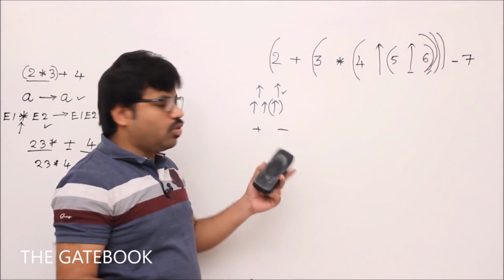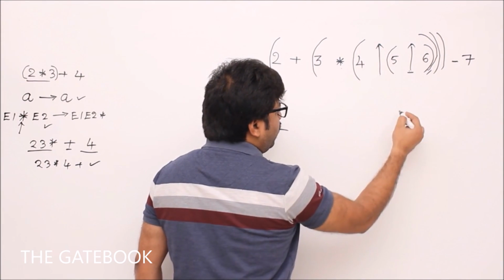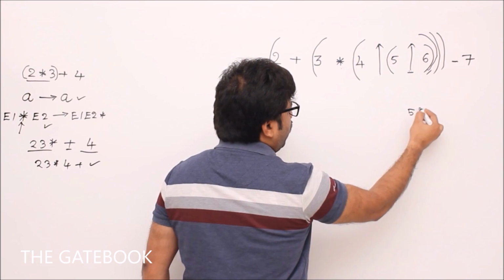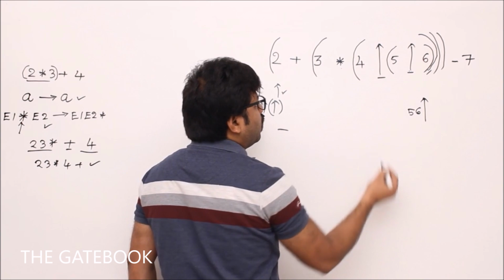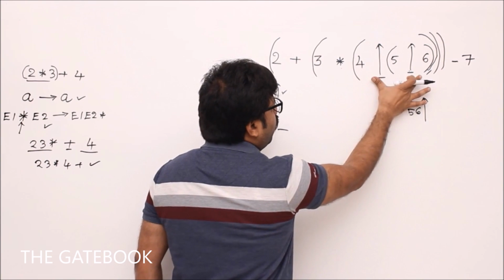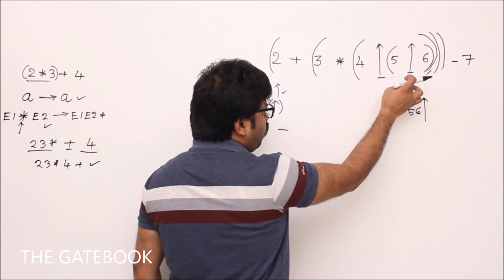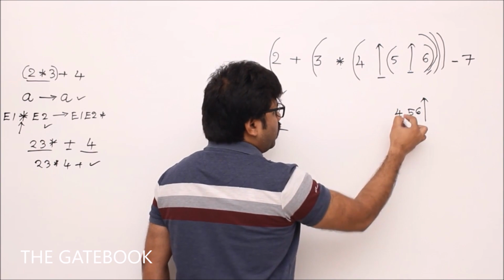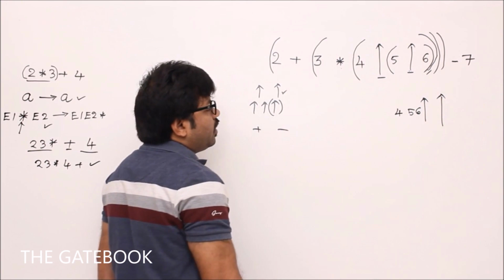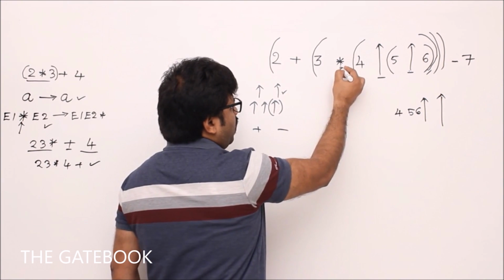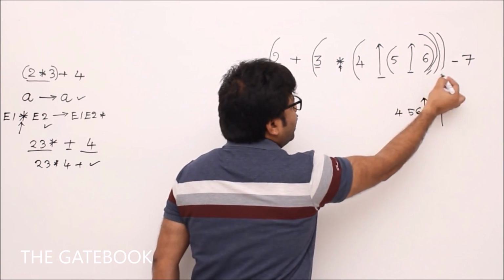Now let's convert this to postfix. Let's begin with this part because this is highest, right? Then it will become 5 6 power, isn't it? Then next this one. See, only focus on this area. This is like expression 1 power expression 2. How to convert it? Expression 1, expression 2, power. Now what is the next operator to be converted? Star, isn't it? You see this is expression 1, and this entire thing is expression 2.